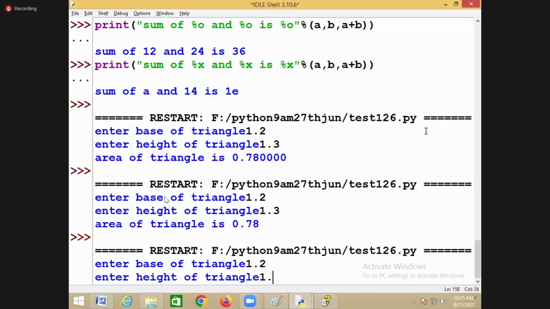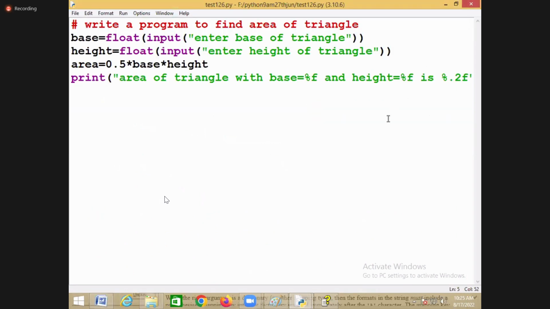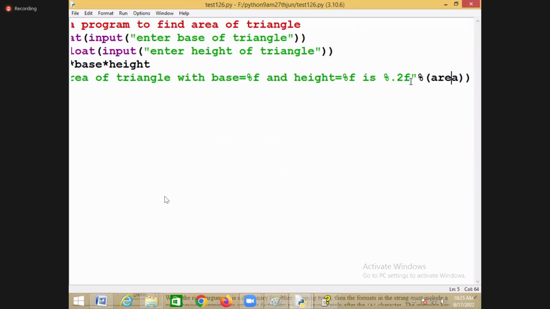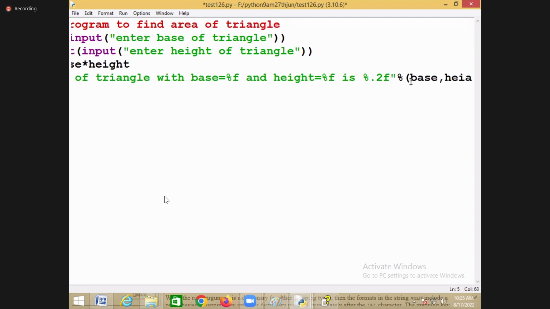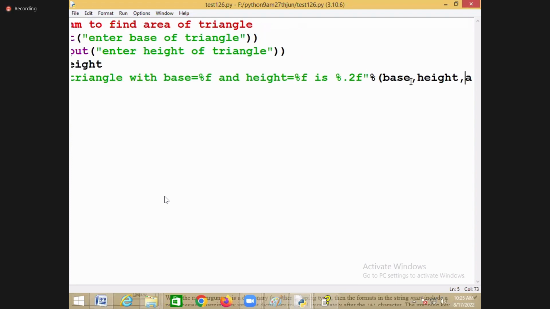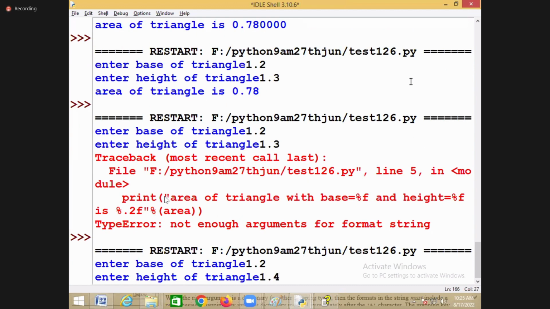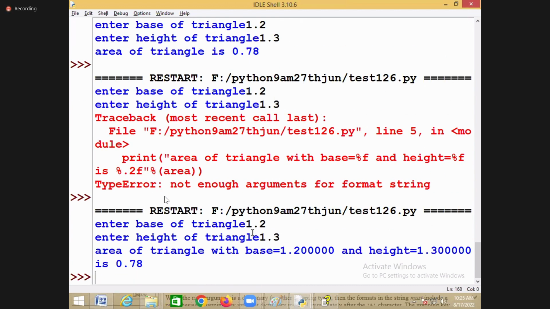So in this, formatting becomes very easy, right? But how many values do you have to print? Earlier we printed only one value. But now the first value is base, and the second value is height. So we have used 3 replacement fields. This is 1.2 and 1.3. You can see area of triangle with base equal to 1.2 and height equal to 1.3 is